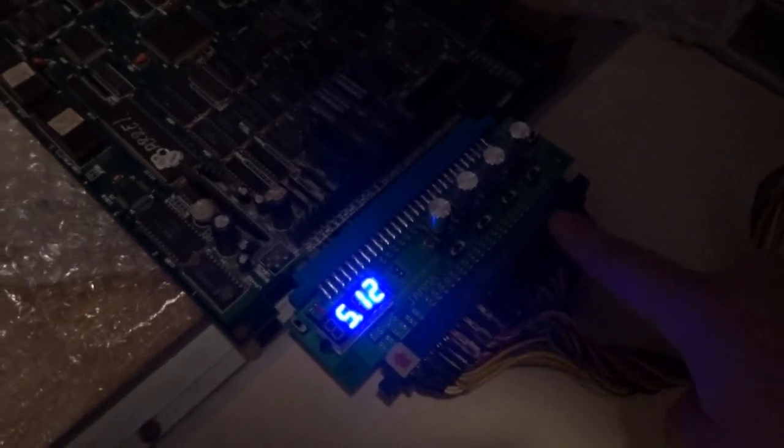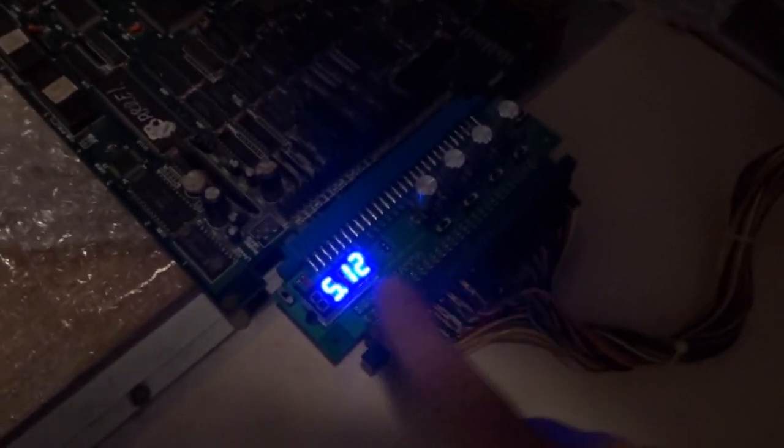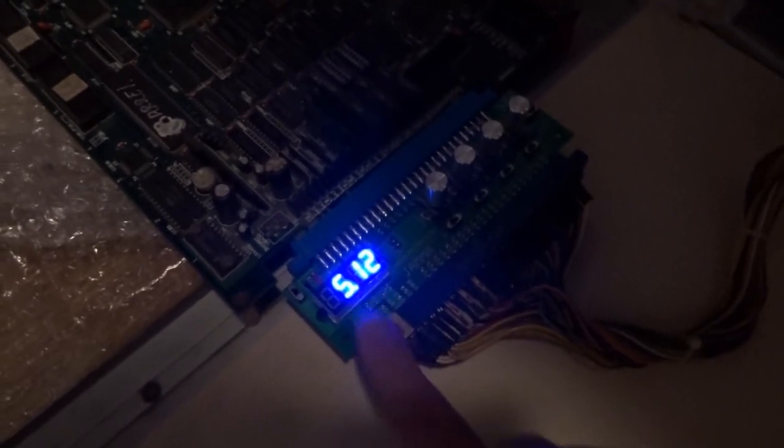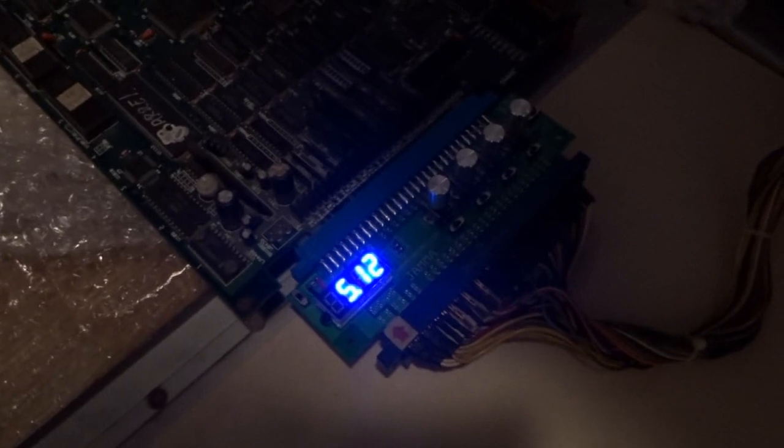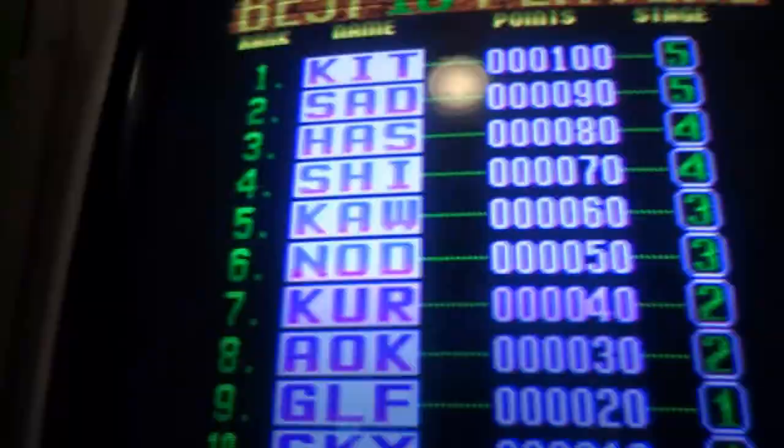Alright, so I'll give you a quick view here of what the Spitfire looks like hooked up. So here we have our standard JAMMA harness hooked through. Spitfire works as a pass-through and then connects directly to the heated barrel JAMMA board. Also, you can see the voltage readout that the game is currently receiving. So it's giving a little bit over 5 volts, but kind of nice to have that information as you're setting up for play. Let me transition to the game now, and I'll show you that once we coin in